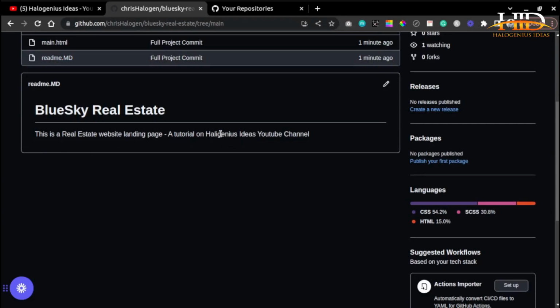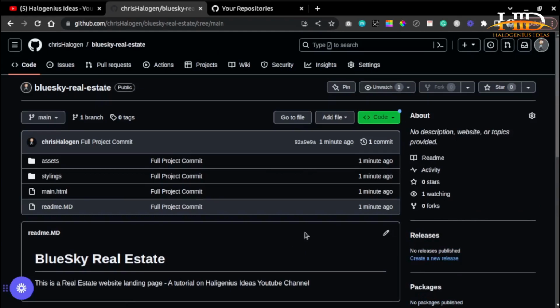Okay, I actually made a mistake here. It should be halogenous ideas. So that is how to easily push your code to GitHub. If you want to pull the code back,